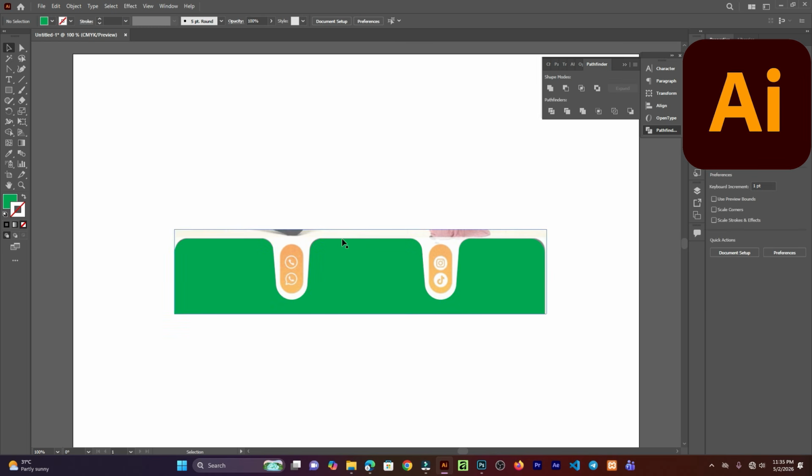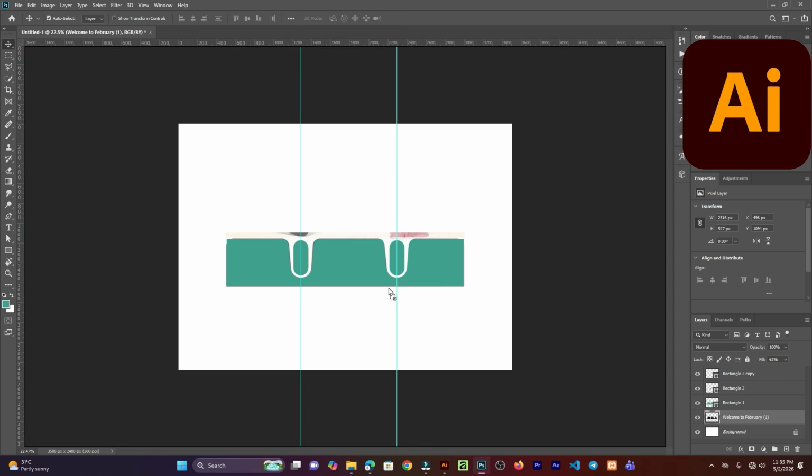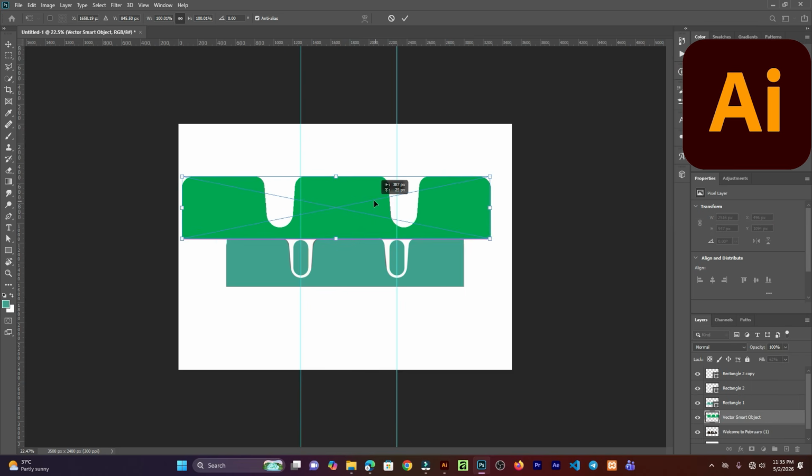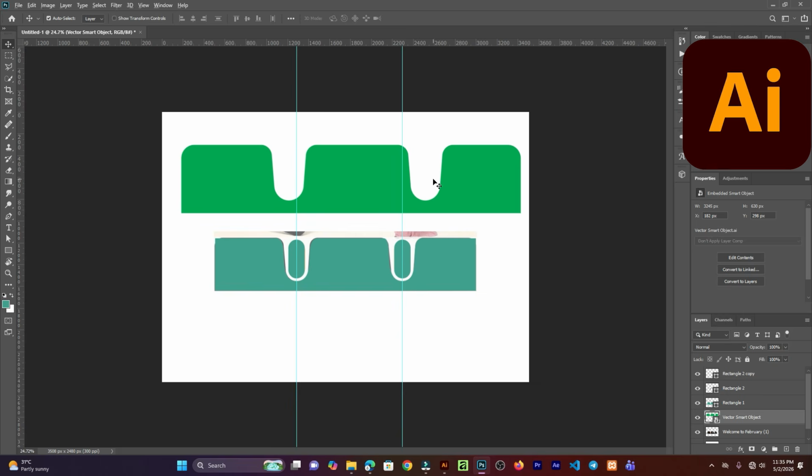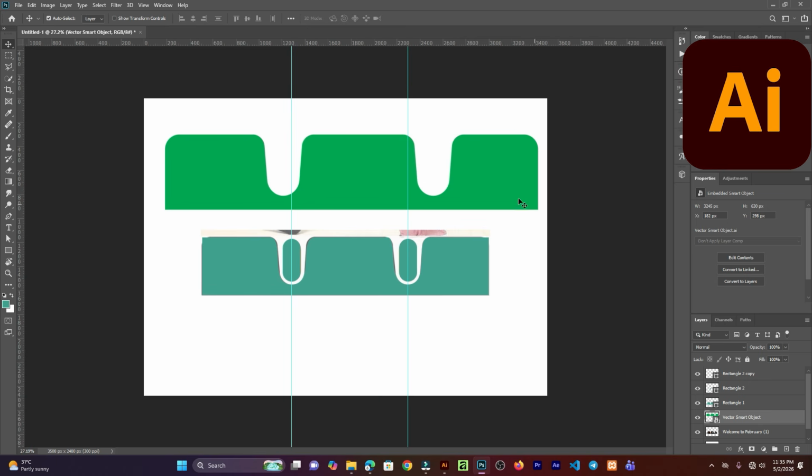After this, you can simply drag and drop them in Photoshop. They will come in as vector smart objects. From here you can see this one is quite good, but it's almost the same. If you want to change the color of this,